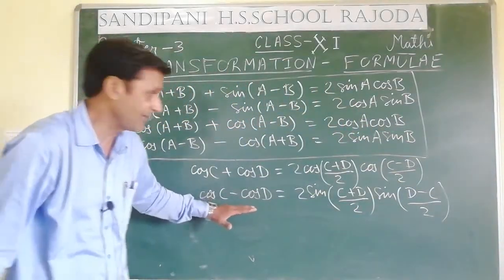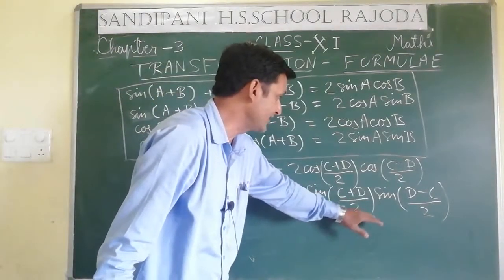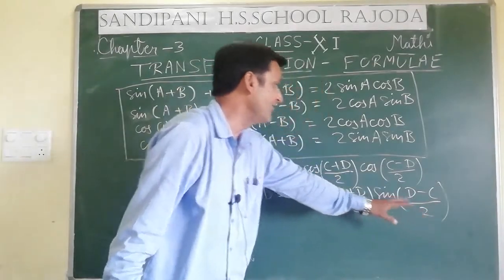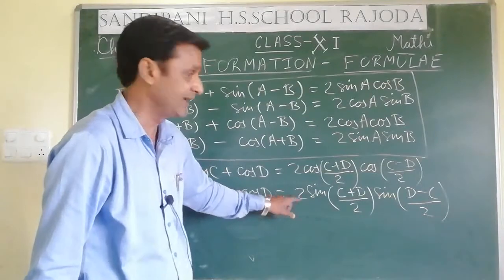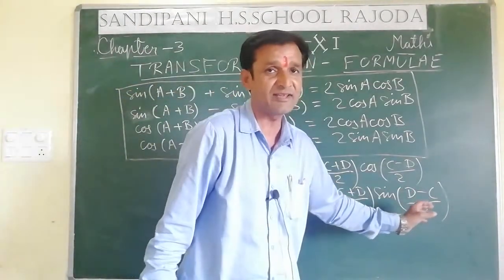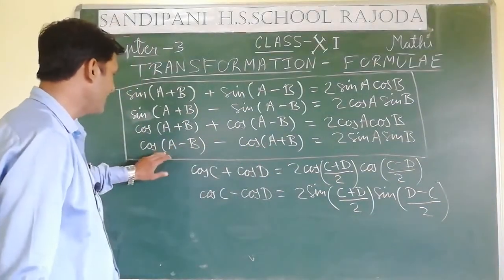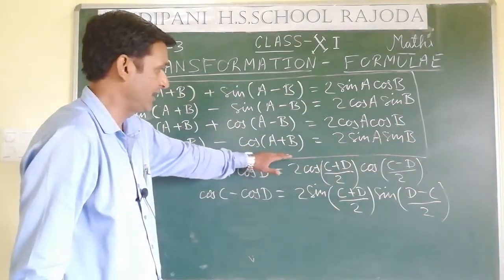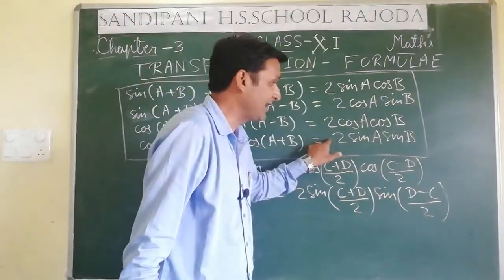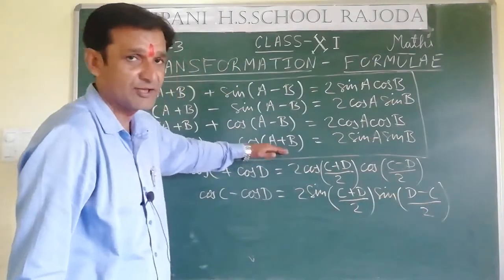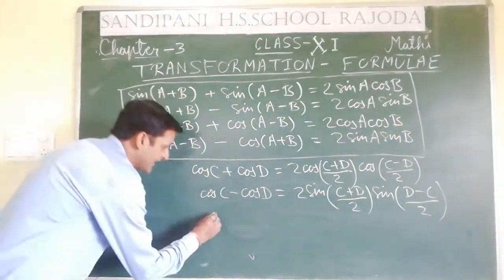In case of cos C minus cos D, it will be 2 sin C plus D by 2, which is of course as it is, but this part will become D minus C. If you want to write it as C minus D, then you will have to apply a minus sign here. Why is it so? Because sin minus theta is minus sin theta. Here also you may do, if you are writing cos A plus B first and cos A minus B as the second term and in between the sign is minus, then you may assign the minus sign here if you are taking this part in front.